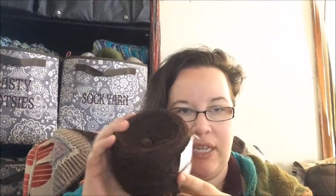All hand spun, all a fairly skinny 2-ply. I would call it lace, but there's some parts that end up being just a little bit thicker than others. So maybe super light fingering, heavy lace overall, with the exception of this one, which is a single ply. This is the only non-2-ply yarn that I have going on in there. So all my yarns got spun, but going into this, I knew that I was going to have to